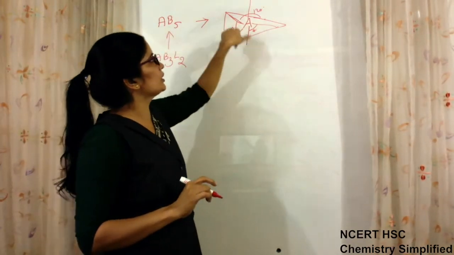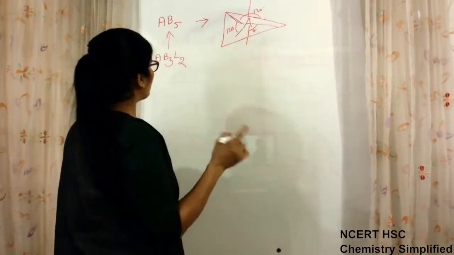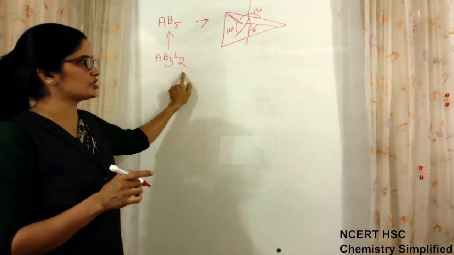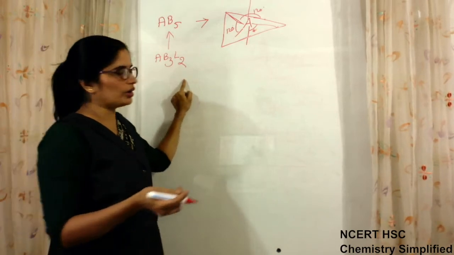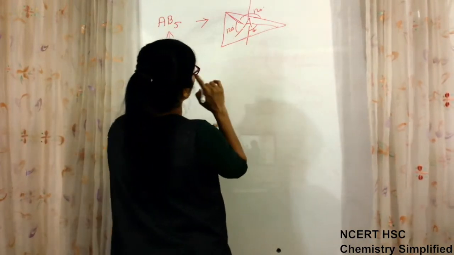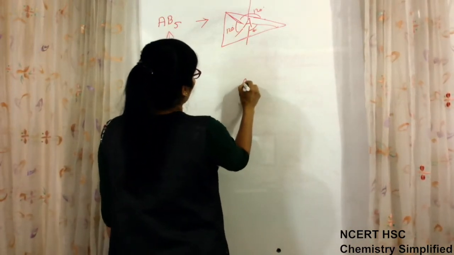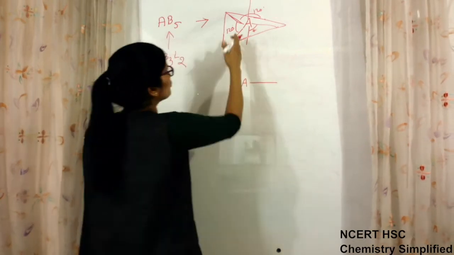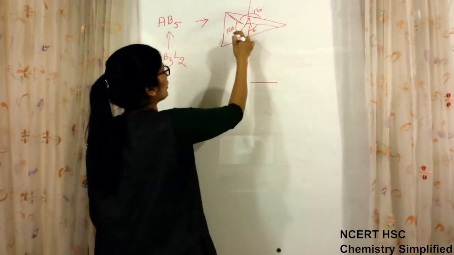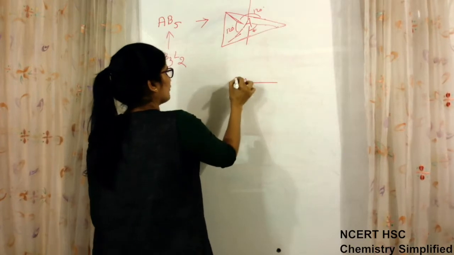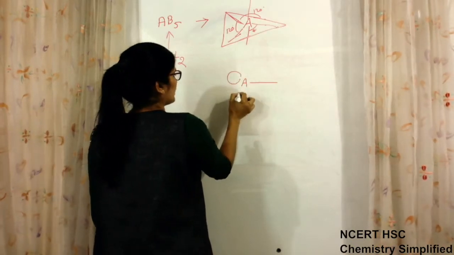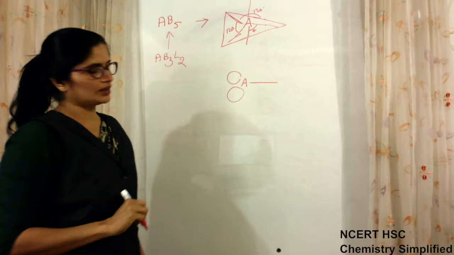AB5 is trigonal bipyramidal, but because there are two lone pairs, they will replace the bond pairs. Then in this case what will happen? Any of the two bonds, okay, out of 1, 2 and 3, we have to place the lone pairs in any of the two bonds. Okay,